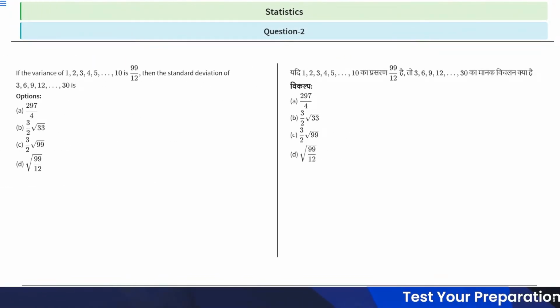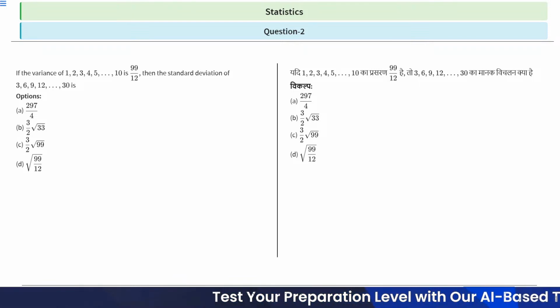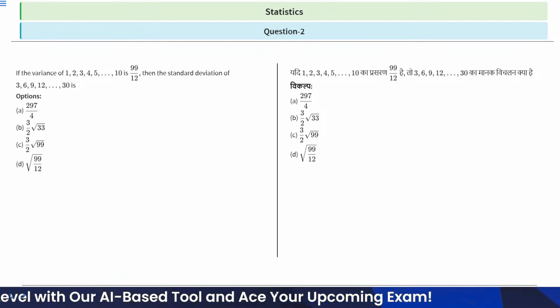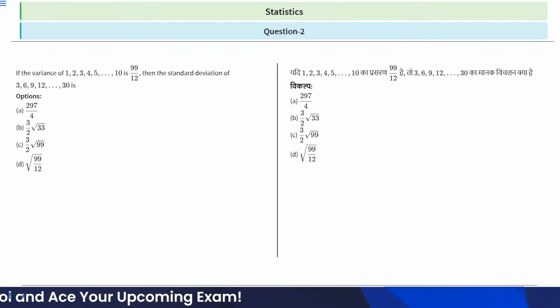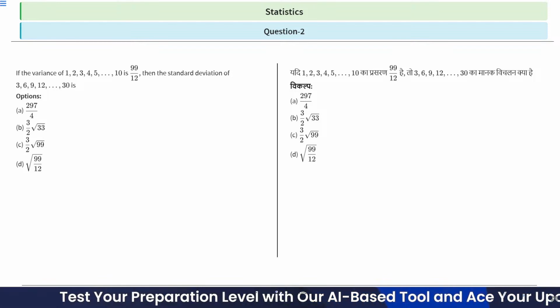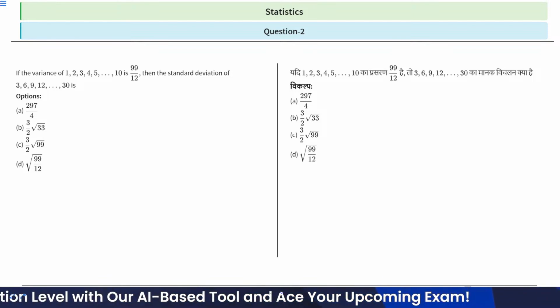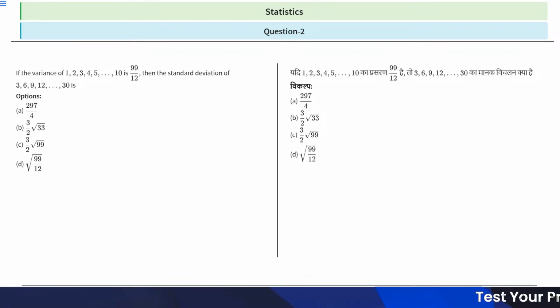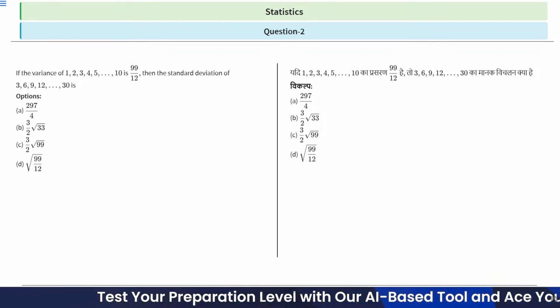Question number 2 says, if the variance of 1, 2, 3, 4, 5 till 10 is 99 by 12, then the standard deviation of 3, 6, 9, 12 till 30 is. We basically have to find the standard deviation, right? So we know that standard deviation is basically root over variance. And we will apply the condition that if all the data set is 3 times the current data set, then what will be the change in the standard deviation, right? From variance to standard deviation. So after applying the condition, you